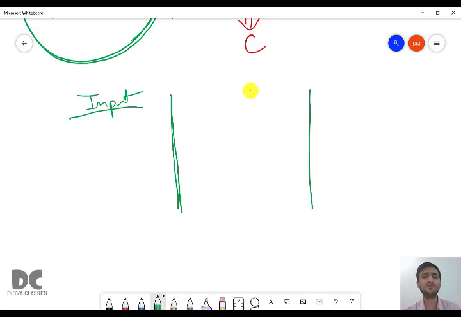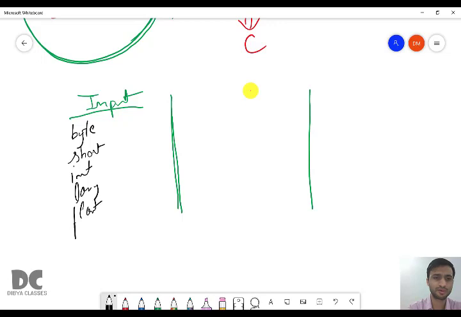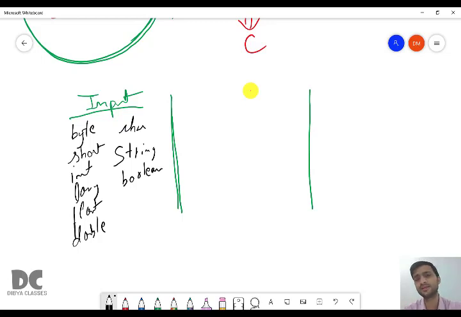Okay. So now what we'll do, we'll input all types of values using all data types also. So first try to remember what are all the data types. So all the data types are starting from integer: byte, short, int, long, float, double, char, string, and boolean. So these are the data types we have studied in class 9. Total 9 data types. So here we will be taking 9 inputs.